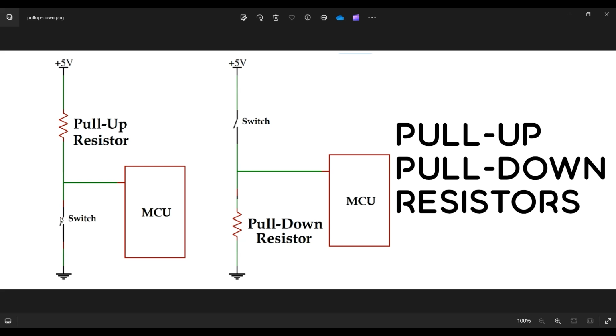Whenever it is not connected to GND, we don't want to do anything, so it must be connected to a high value, whether 5 or 3.3 volts. It is important to be high. But we need a resistor. This resistor value is usually high, in the range of 10 kilo ohms. Something like that would be a good option.